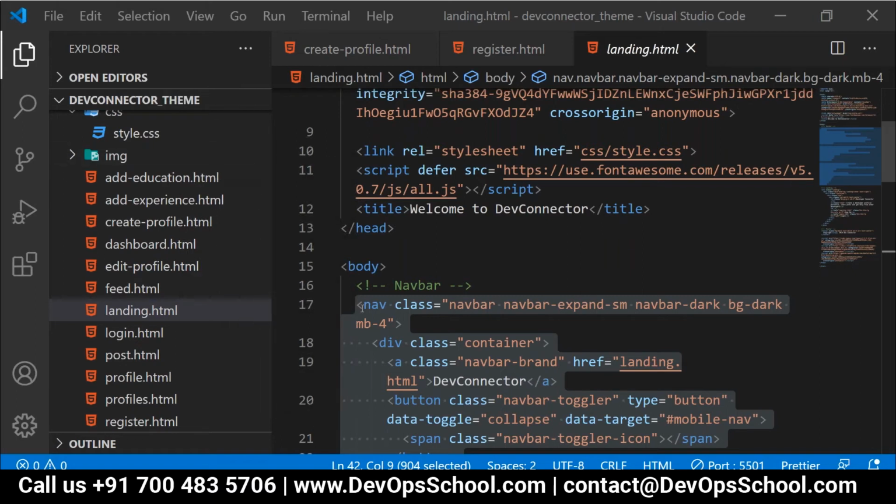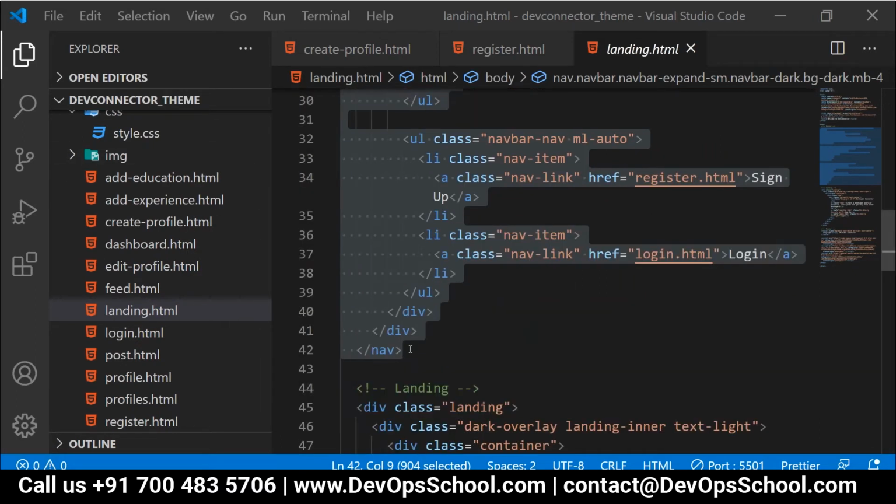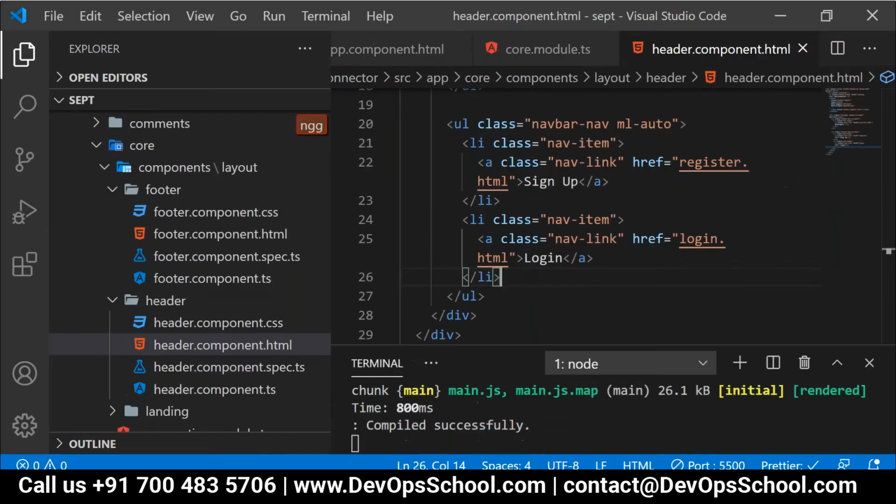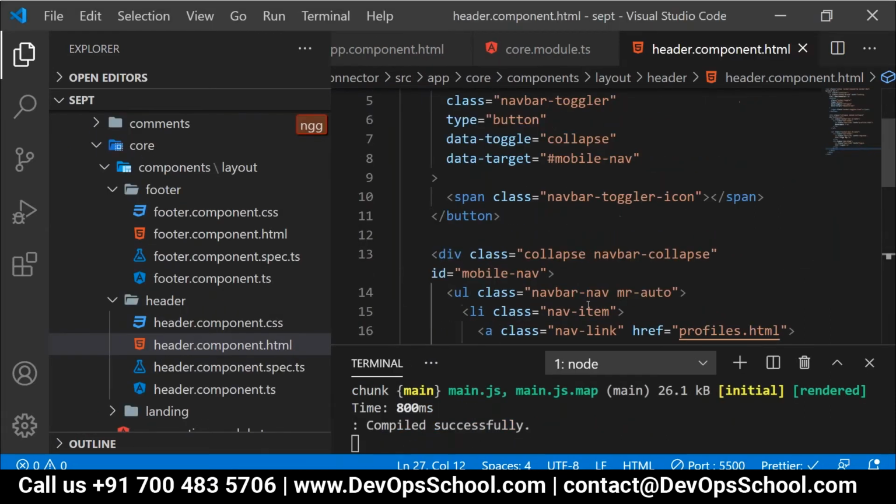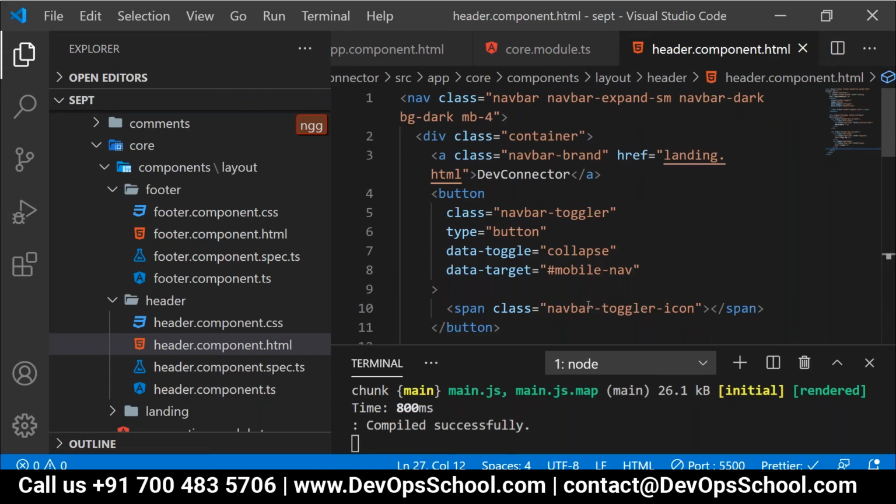From 17 to 42, copy that stuff and add it into which page? Header.component.html. Yeah, done. Done? Good to go?